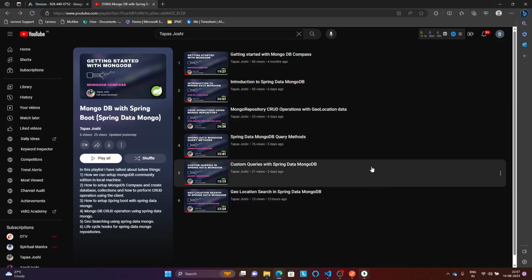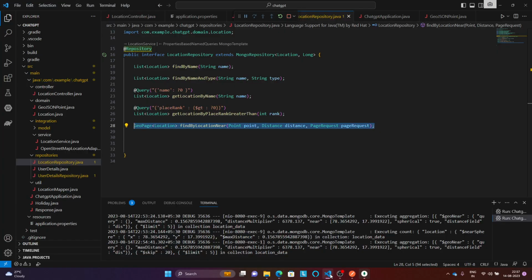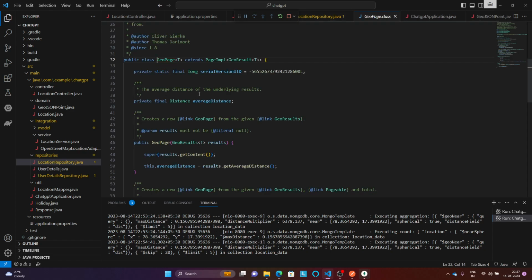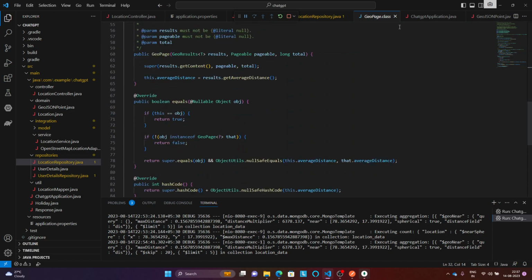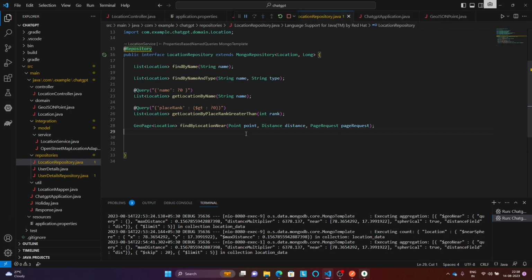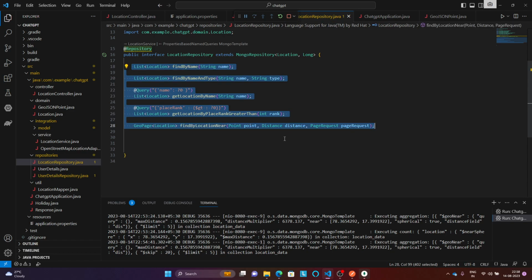So it was all about the Spring Data MongoDB location feature and how you can use this GeoResult, GeoPage, all these things. If you want to know more detail and want to perform multiple operations, you can go and read this document. Go to the class itself and you can just see. There is documentation also, so you should be able to achieve anything, whatever you are looking for. But if you see, just 4 or 5 lines are taking care of